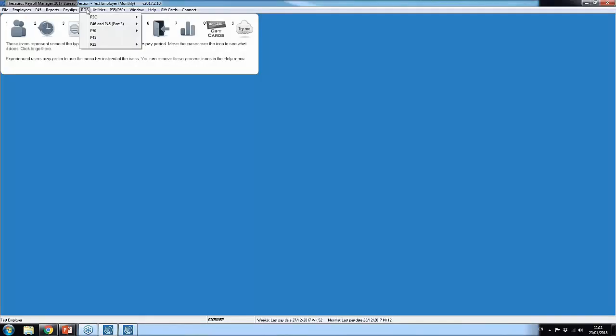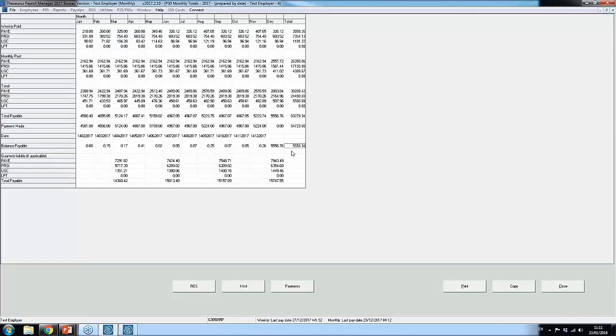Okay, so I can go to the ROS menu and P30. As I said, just pick whichever P30 return you have been using to date. If you do want to change, I suppose it's advisable to change at the beginning of a tax year, but otherwise throughout the year you should stick with the same one. Okay, so I'm just going to select the P30 by date. If you're on a quarterly return, you'll see your quarterly liability down at the very bottom of it. Otherwise, you'd be concentrating on the December column to see what's due for that last month. So I can see the liability there for December for month 12 is